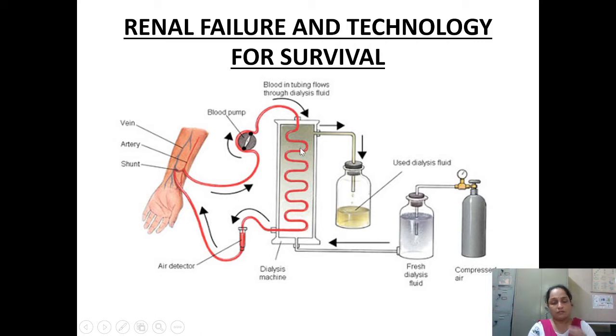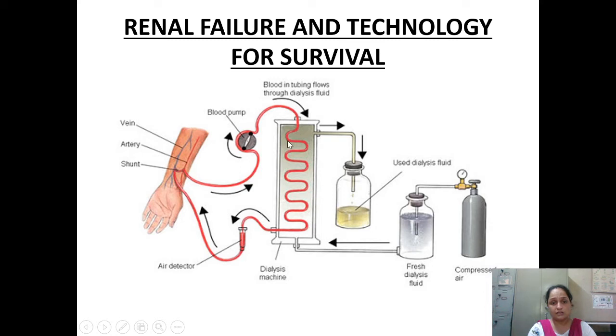Because it has some permeability for a few substances to pass through, when the blood is passed into this tank, whatever impurities are there, like urea, excess water and some salts, are released into the dialysing fluid. At the same time, this dialysing fluid is also being replaced with a fresh one. Here you can see the fresh dialysing fluid being inserted into the tank, and the fluid which has absorbed the waste material is taken out through this outlet.